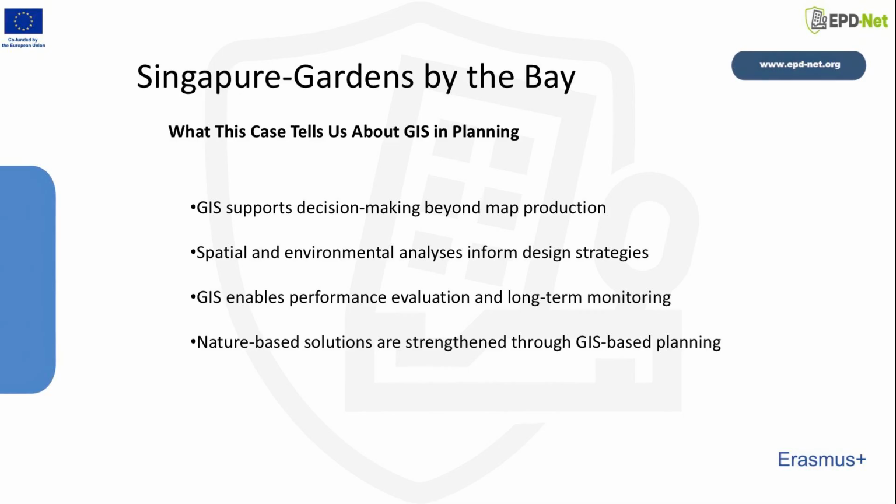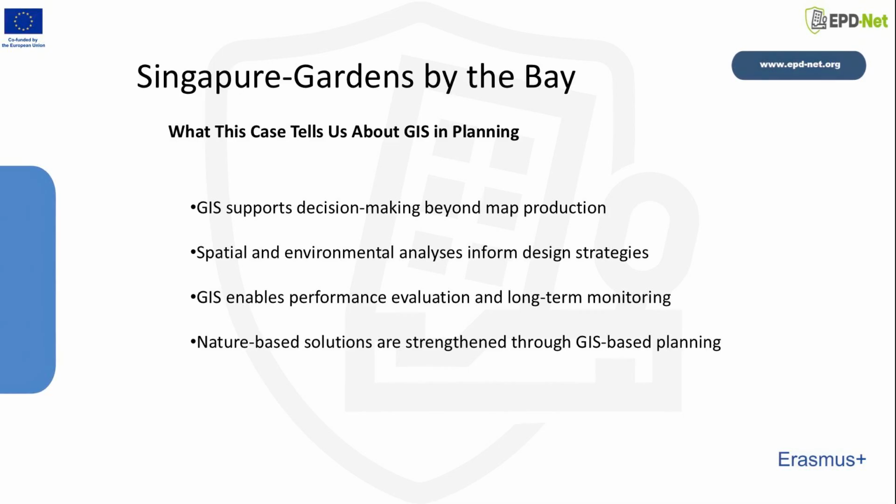In conclusion, the Gardens by the Bay case illustrates that GIS is a fundamental planning tool that strengthens nature-based solutions, supports environmental resilience, and enables evidence-based decision-making in ecological planning. This example clearly highlights the essential role of GIS in developing sustainable and resilient spatial strategies, particularly within high-density urban